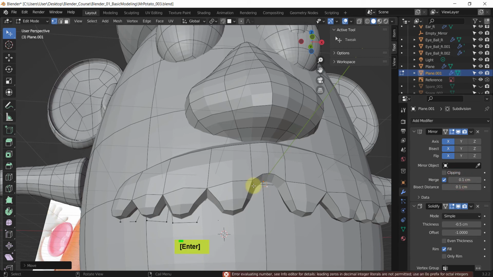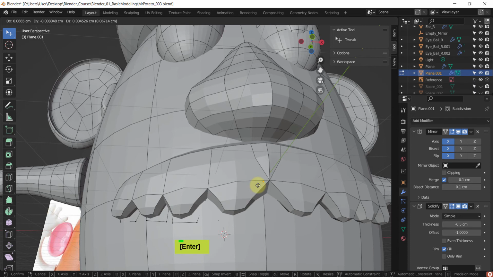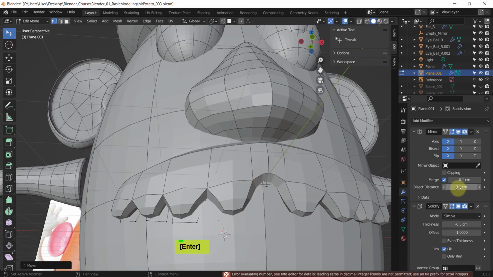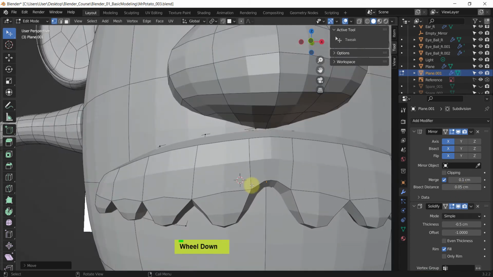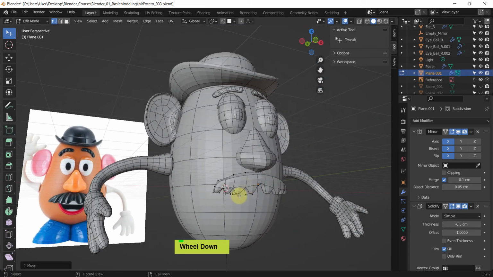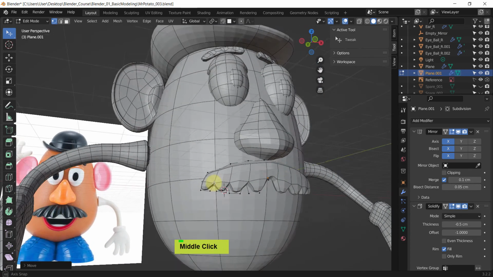0.05 merge, and probably that will just, okay, that's not as strong now, and 0.05, and yeah, so now we have a little bit more room around here. Okay, that's what we can do. And if you want to create that edge around,